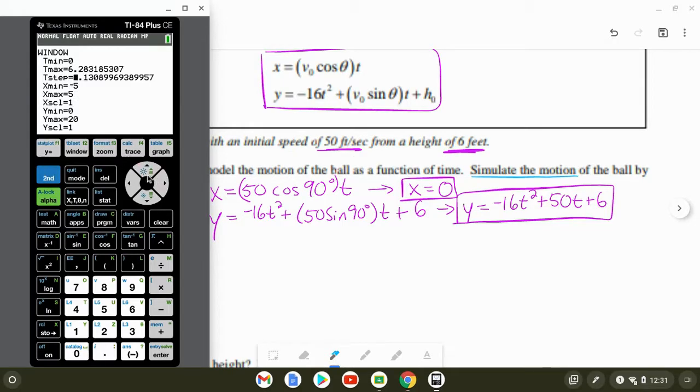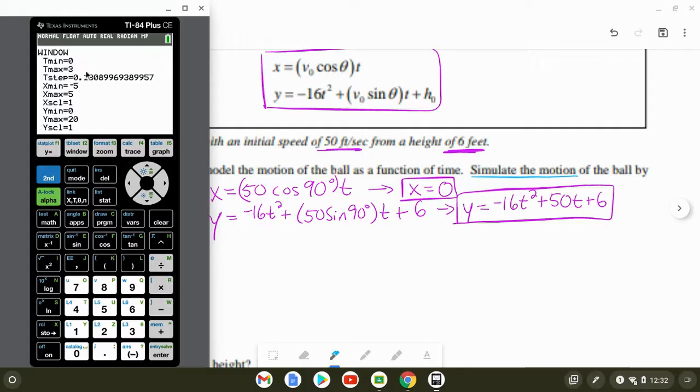So the last part that's new to you guys here is T-min, T-max. So T-min is we're starting at 0. So we're going to start from the second he throws the ball. And the T-max is how long are we graphing this equation, okay? If I make this 1,000, it's going to graph 1,000 seconds worth of coordinates. We don't want that. It's going to take too long. We won't be able to stop it. So let's go ahead and just say threw the ball up for,